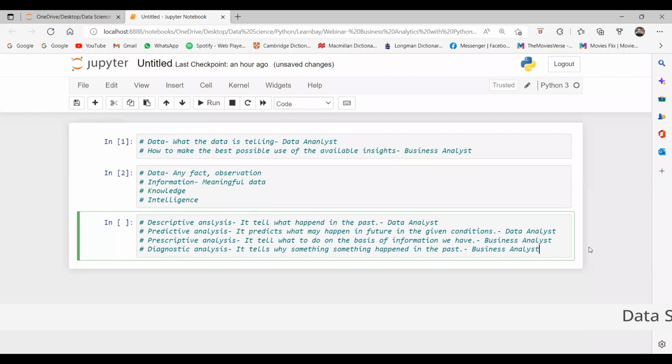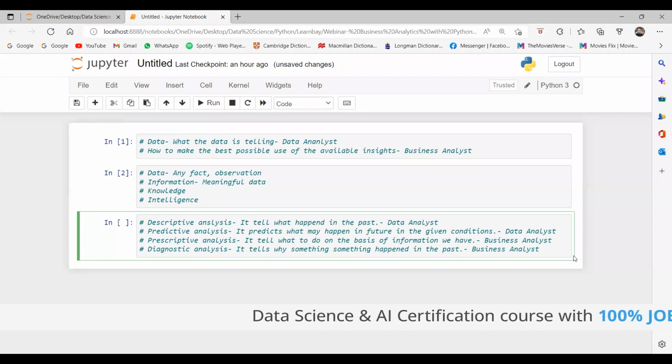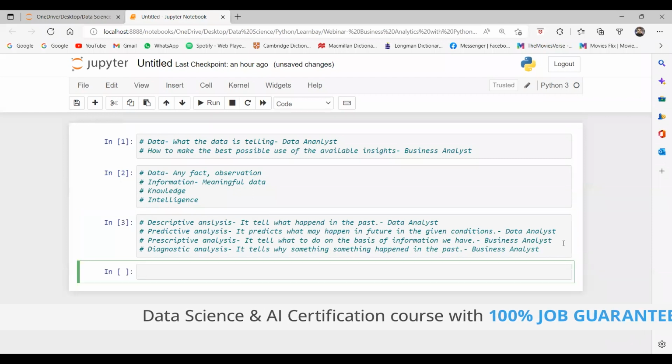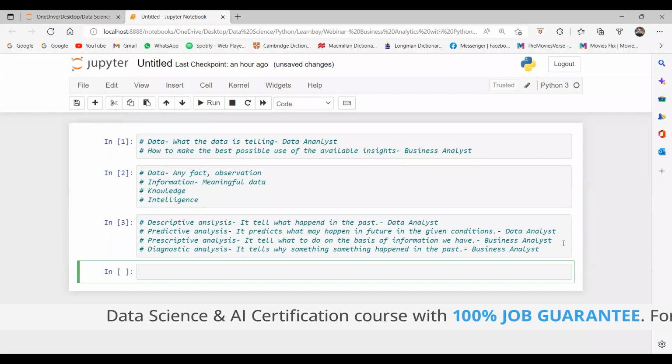For that, you should know Python and a few data libraries like NumPy, Pandas, Matplotlib, and Seaborn. Apart from that, you should have good skills in Excel and some basic knowledge about databases like SQL or NoSQL. Not in depth like you want to be an SQL developer, but some basic knowledge about databases. Fine, guys? So, shall we move now to the next point?